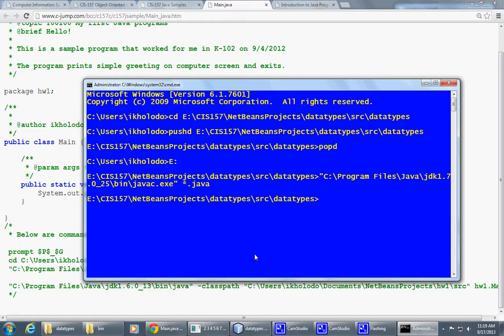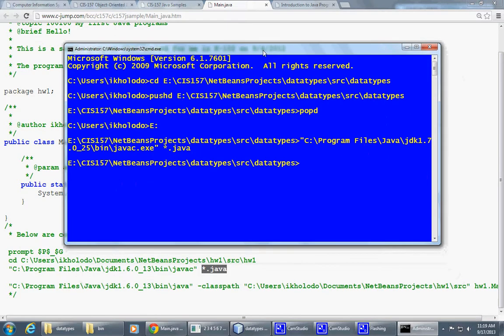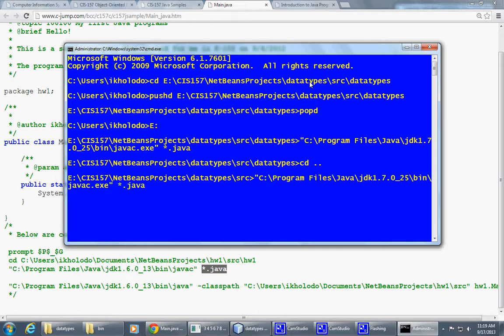Then, since I do use the name of the package, I guess the simplest way for me to run it from the command window would be to change to the parent directory one level up. So now I'm looking at my source directory, and I know that there is a package that corresponds, the name of the package that corresponds to the name of the subdirectory. So then what I'm going to do next is this. I'm going to bring up this previous command,